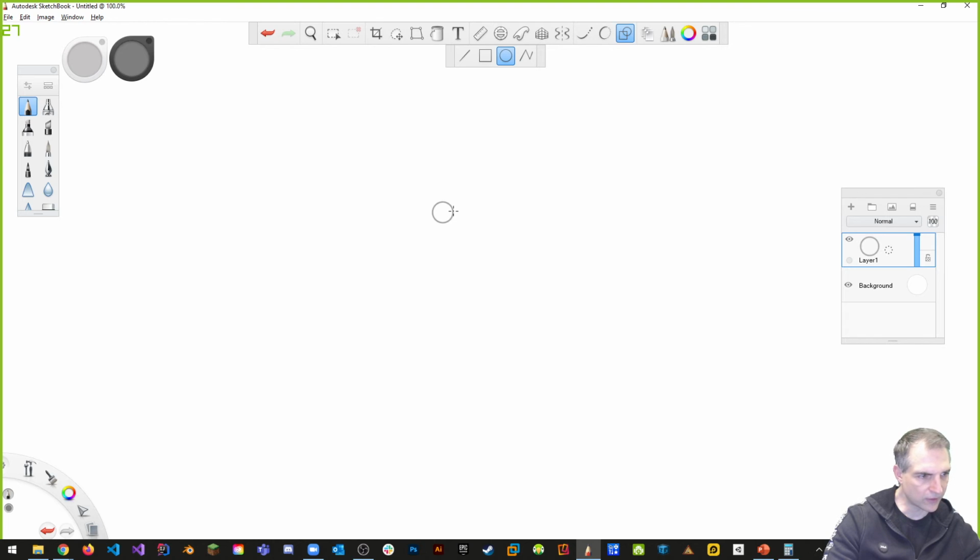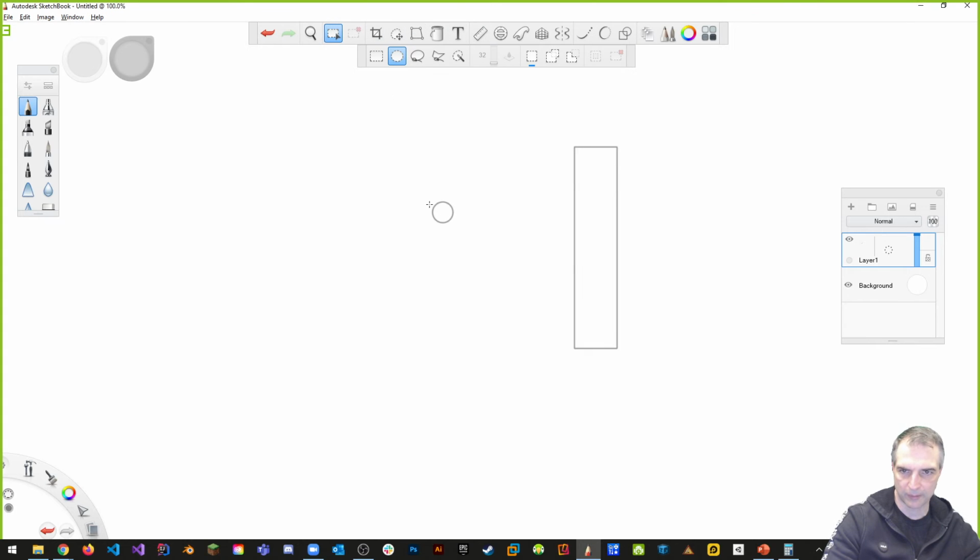Vincent says tunneling is like the particle passing through another object if the velocity is too much, right? Yes, it is. So here's the particle, let's say, and we're also going to draw the object. Let's say we draw an object that looks pretty big, like this, right? And we're going to grab the particle now.